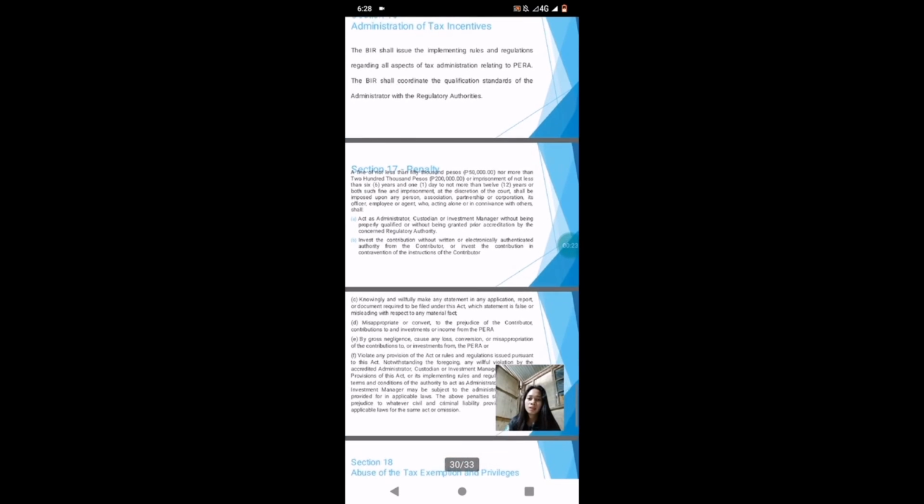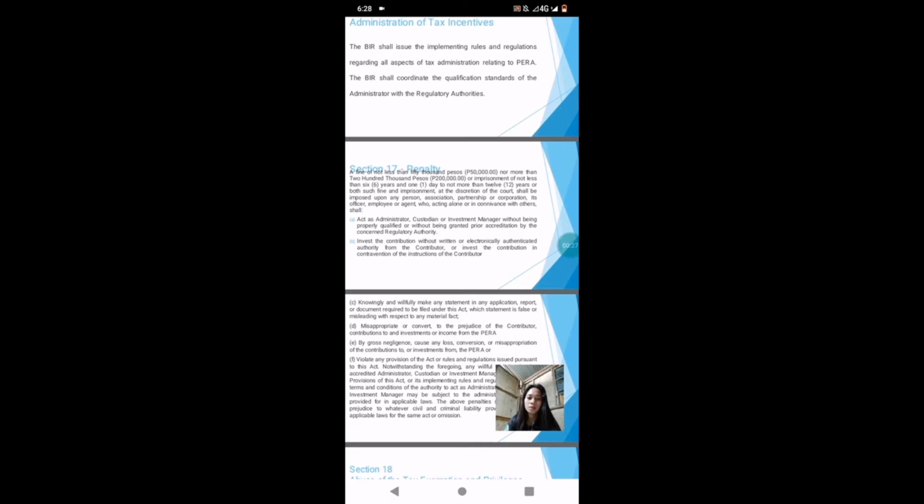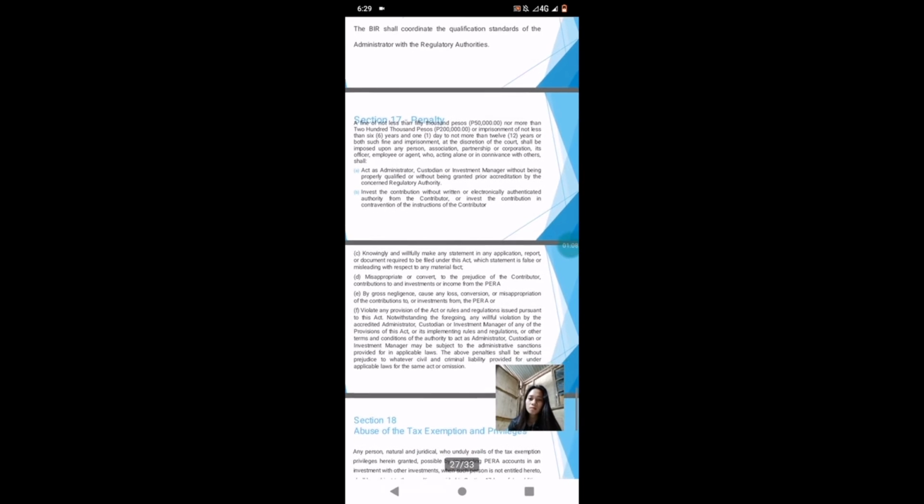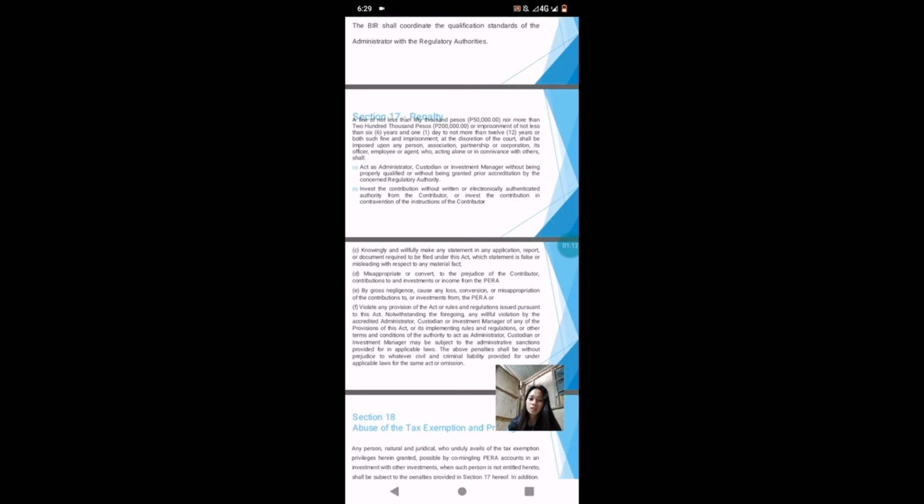Section 17. Penalty. A fine of not less than 50,000 pesos nor more than 200,000 pesos, or imprisonment of not less than 6 years and 1 day to not more than 12 years, or both such fine and imprisonment at the discretion of the court, shall be imposed upon any person, association, partnership, or corporation, its officer, employee, or agent who, acting alone or in connivance with others, shall act as administrator, custodian, or investment manager without being properly qualified or without being granted prior accreditation by the concerned regulatory authority; invest the contribution without written or electronically authenticated authority from the contributor, or invest the contribution in contravention of the instructions of the contributor;